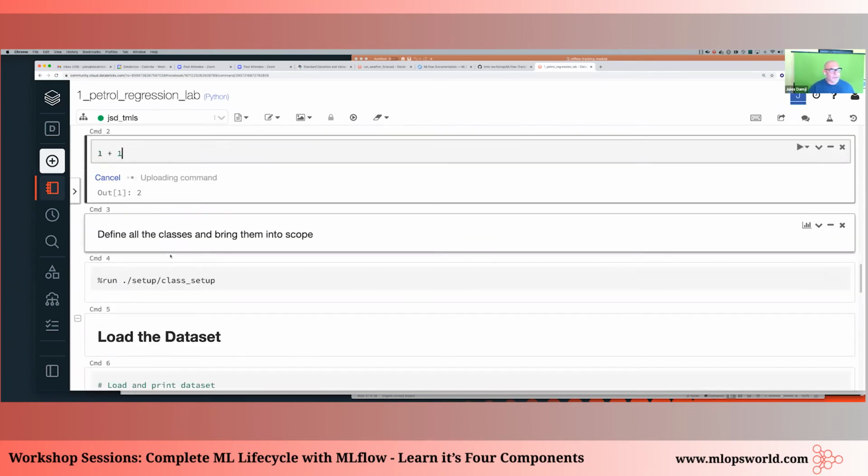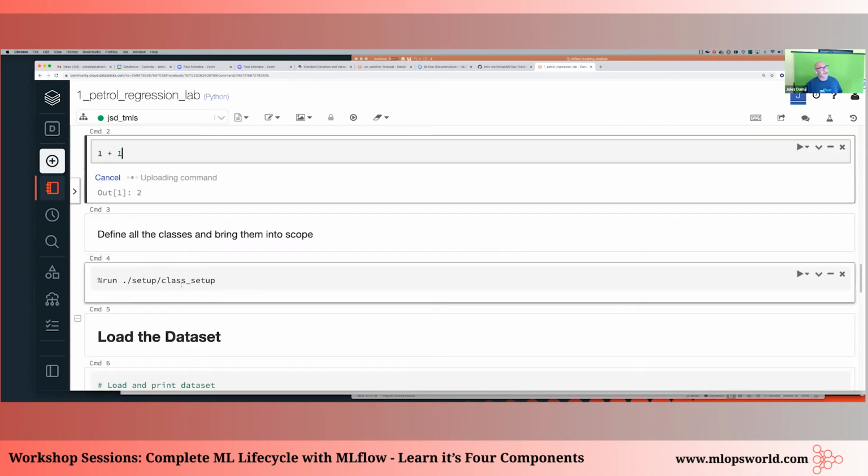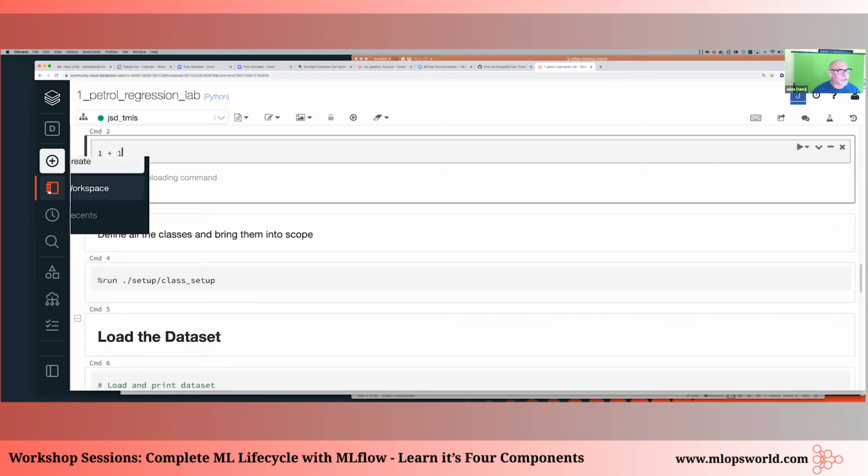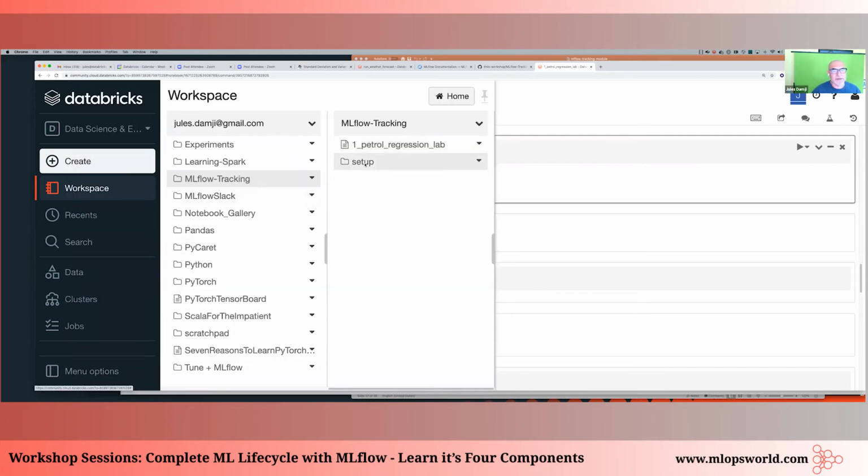Now, the other thing is that one of the things you can do in this particular notebook, for those of you who come from an engineering background, you might want to modularize your code. So you might want to have setup code. You might have some classes that run somewhere else in this particular manner. So you can just create these particular classes. If I go to my workspace and I look at my setup,